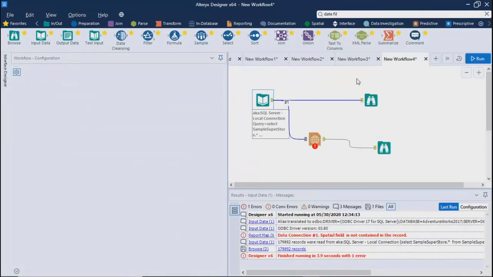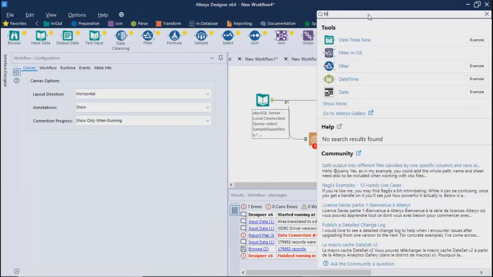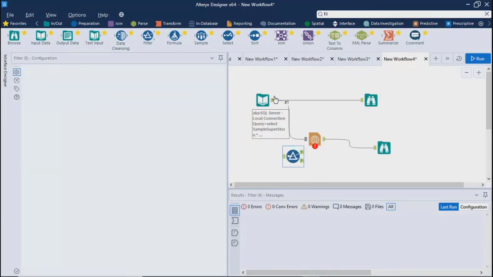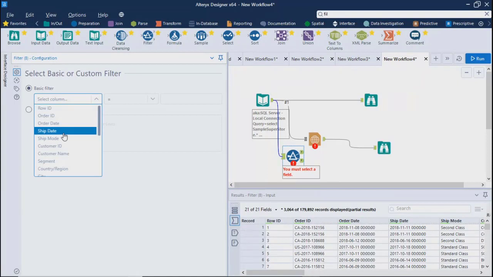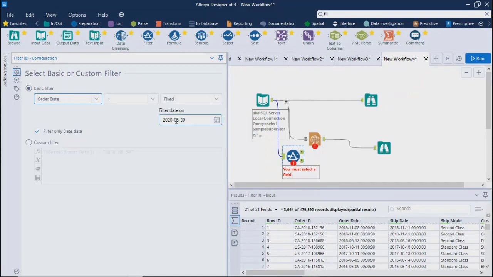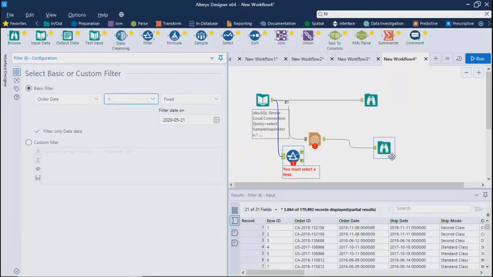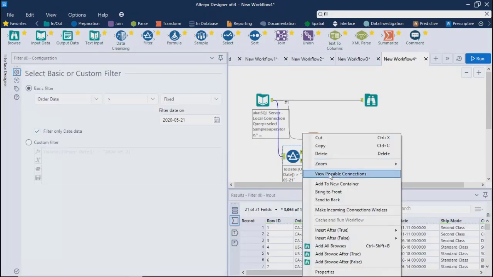So I believe if you take this filter, you should be able to use dates also over here. So like order date, yes. So they might have combined your date filter within this filter.